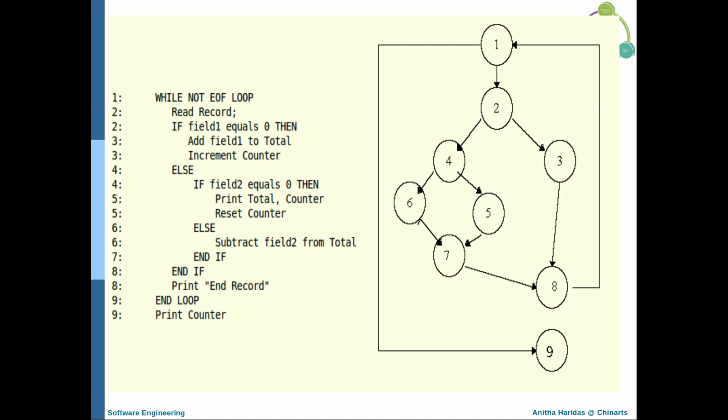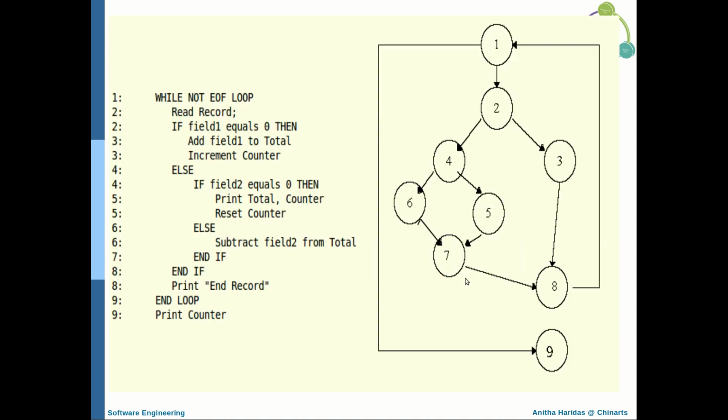Now this is another example. You have a while loop that is describing some set of statements. You have an if statement inside the while loop, and for each condition you can observe here how the nodes are being designed. So you have the while loop being repeated up to 8. This is the while statement, and when the while statement becomes false, it directly goes to the end of statements, which will be printing the counter. For this set of statements, these are the nodes and edges that can be derived.